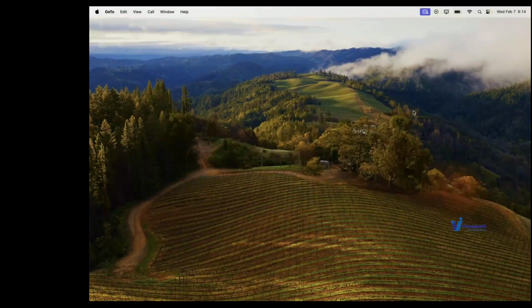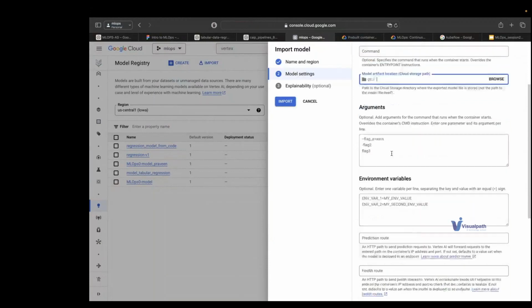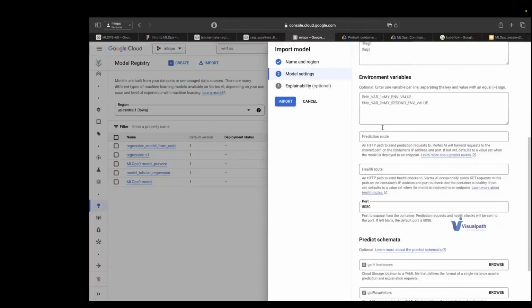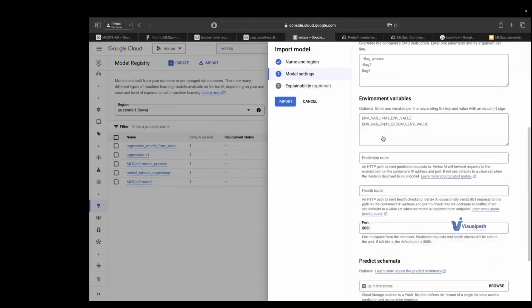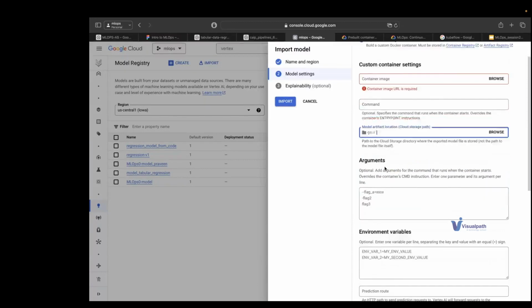So we have a model artifact location, where we keep the model in GCS and load the model into here. Okay. So we have some arguments, environment variables, prediction routes. These are all advanced things. We'll definitely cover this. I was just trying to answer what metadata we are using here, or how we are capturing it here. Once you have all the things listed, you will be seeing here.